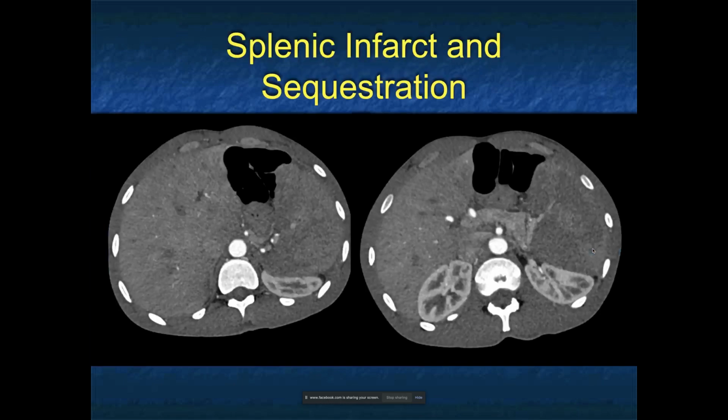Sequestration is when you have blood engorging the spleen. Splenic infarction and sequestration often occur together. It's not uncommon, particularly in patients with sickle thal variant. You can see thalassemia presenting with very large spleens, including sequestration. Again, a good example, large spleen, poor enhancement, looking like infarction or infiltration. You want to consider that possibility.